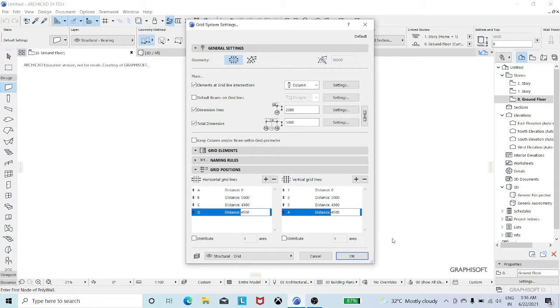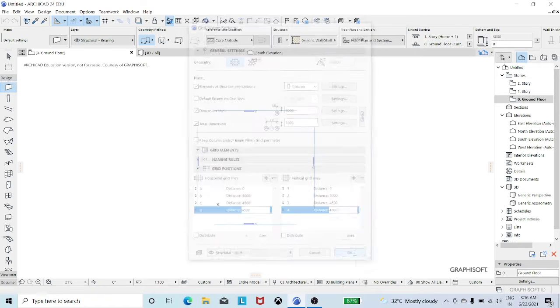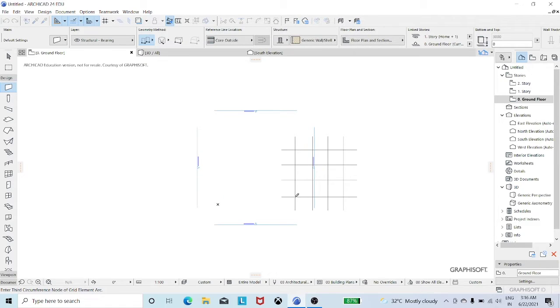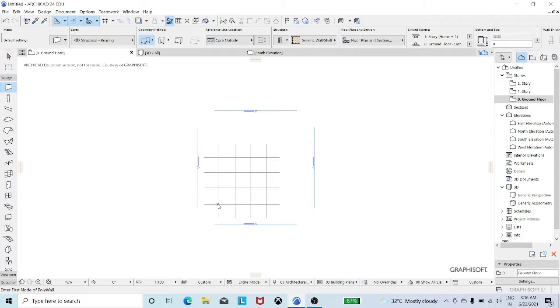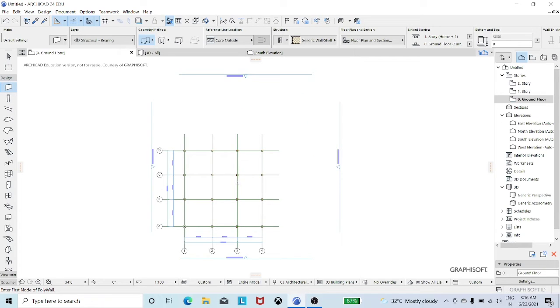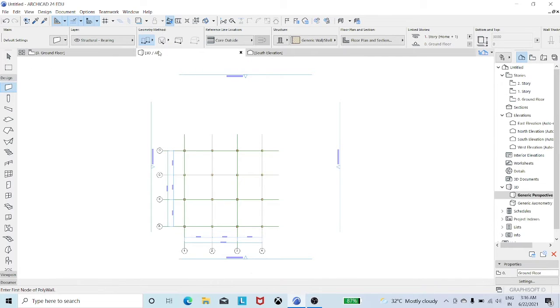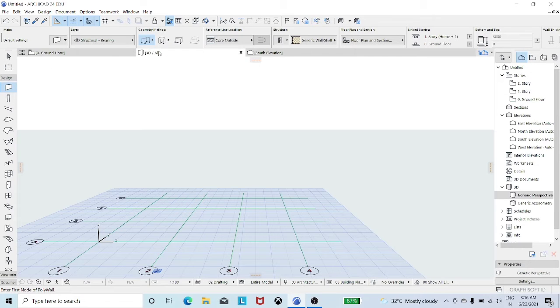After giving all dimensions, once we check and click on OK, a grid system will be displayed, and project that grid system onto the X mark. We need to double tap, zoom in. For a better view, we can go to 3D view. We are not able to see the